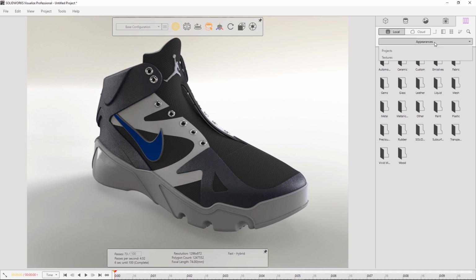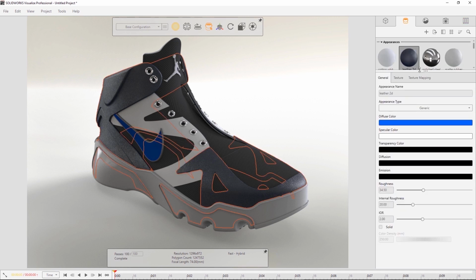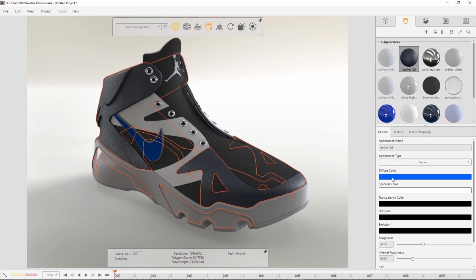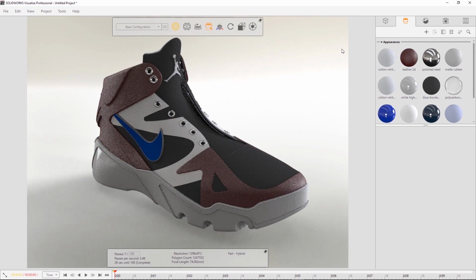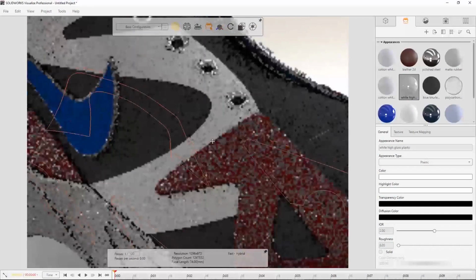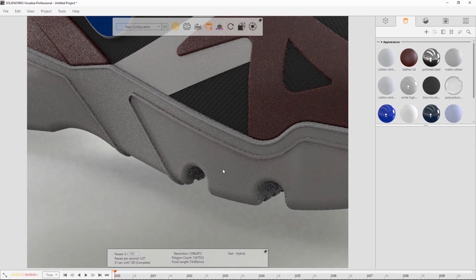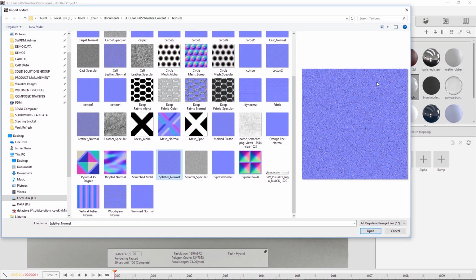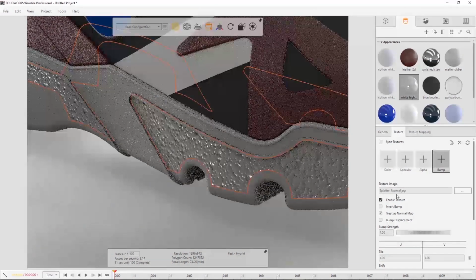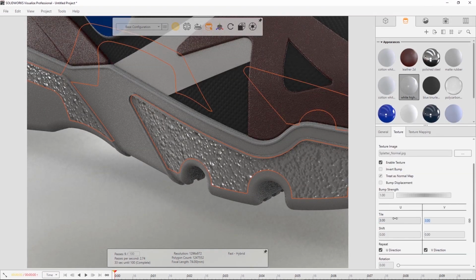So very quickly, I'm just going to change the appearances to be a slightly different color. For example, maybe this thing here. At the moment that's down as this leather kind of material. I can actually come in here and maybe change the color of it. So really simple. Again, it's just drag and drop if you need to. I'm just picking the ones that are already there. Also, a nice thing about this is that we can really get in there and start adding lots of texture to it as well. So with this white plastic, I'm just going to add what we call a bump map, which is going to give it this kind of texture. So let's just make that texture a little bit smaller.